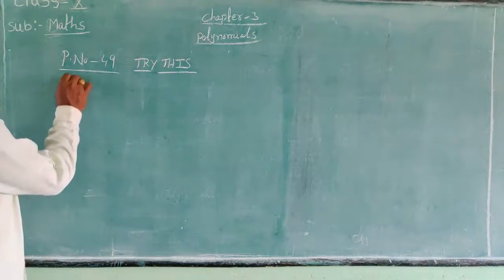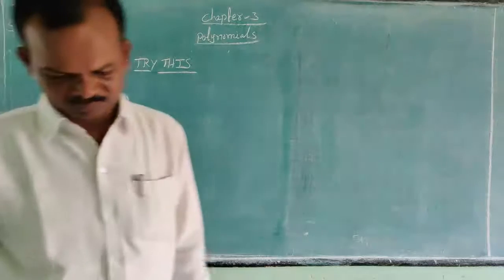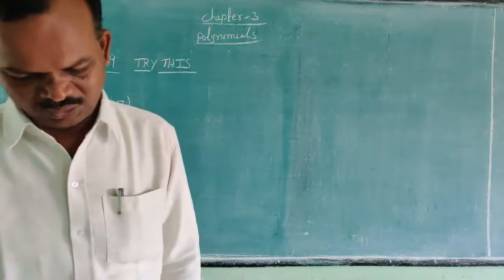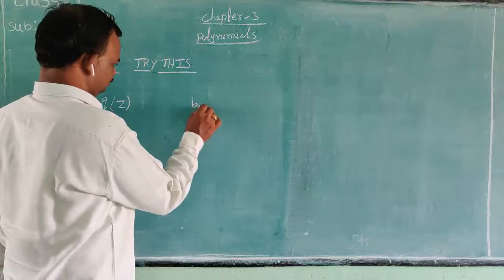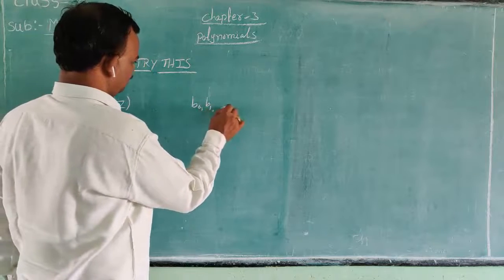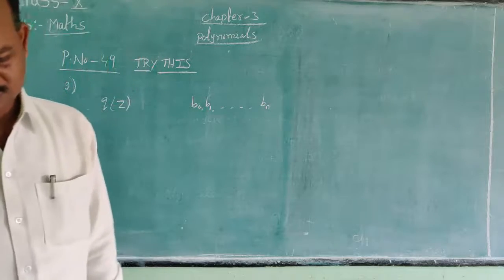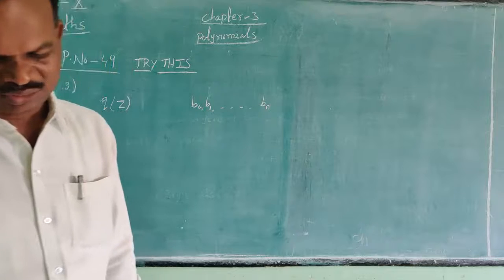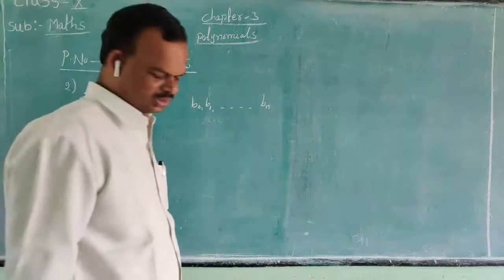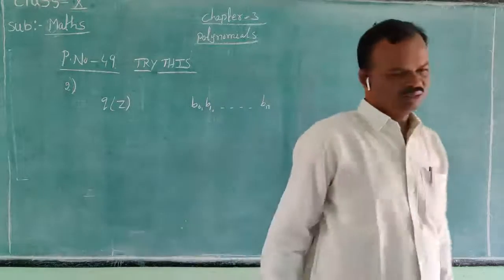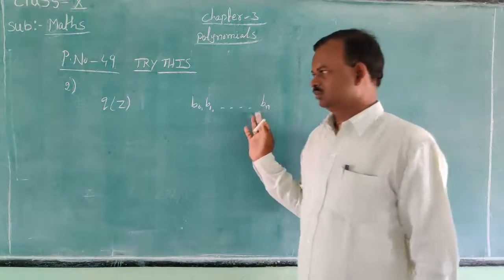The coefficients are b0, b1 and so on bn. What are the conditions on b0, b1 and so on bn? What are the conditions? The answer is